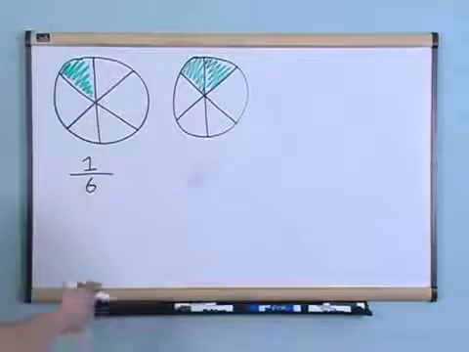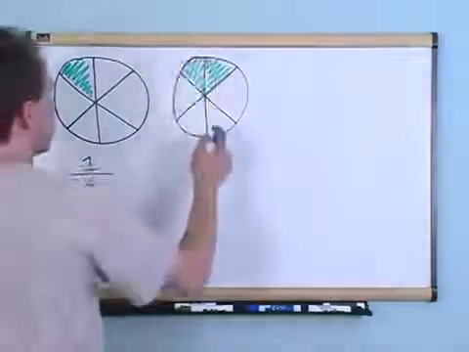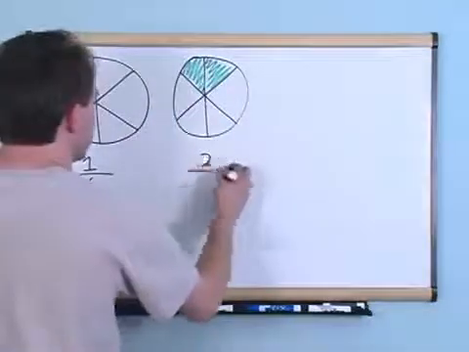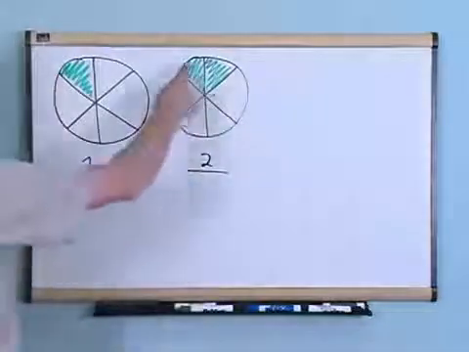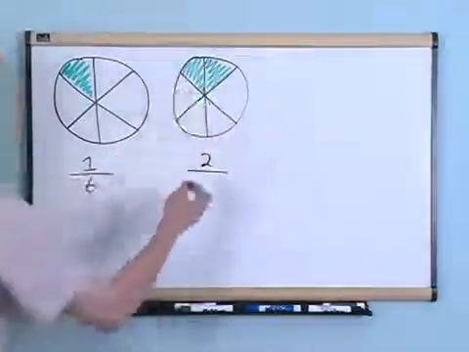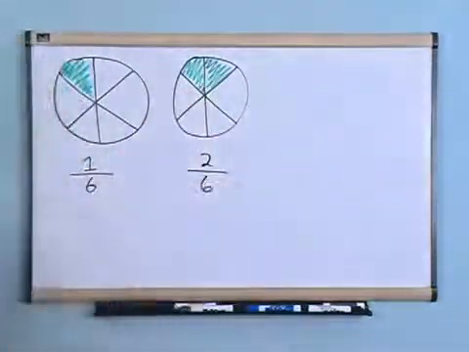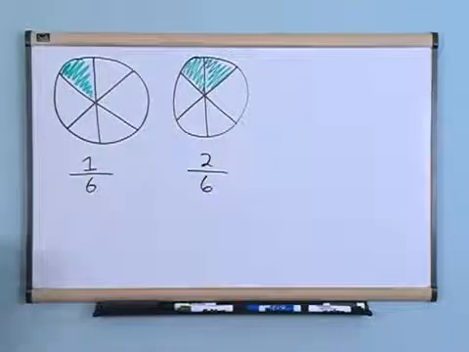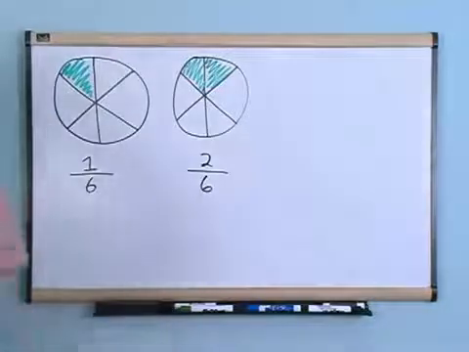Again, the first thing you do is, how many pieces do I have? That's 2 pieces. And how many total pieces are there? 1, 2, 3, 4, 5, 6 pieces. 2/6. Now, the question is,